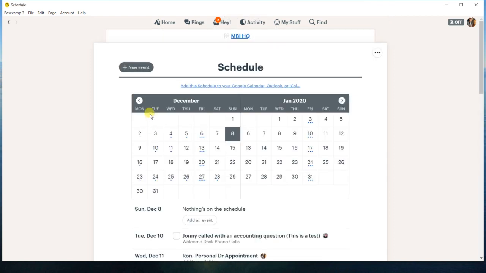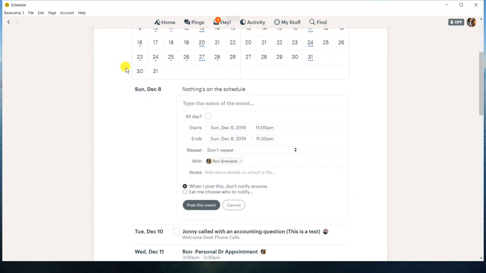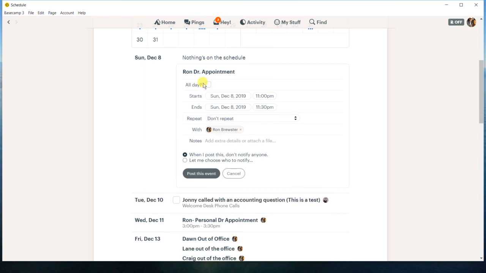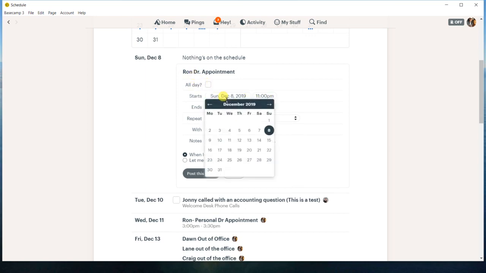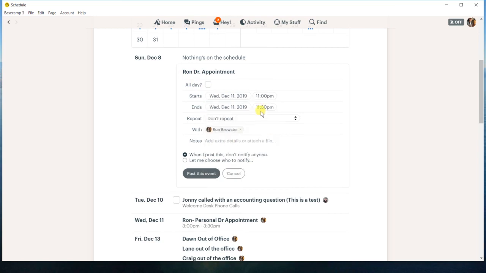All right, so you come into it and basically you start by building a new event. It could be something as simple as Ron doctor appointment. I want to suggest that we all put our name in it. You can post it and it has a picture, but sometimes it's hard to figure out who actually posted. So just go ahead and put your name in it, whether it's time off or if you're going to be away from the office. So let's just say I have a doctor's appointment, which I do, coming up on Wednesday,